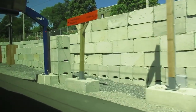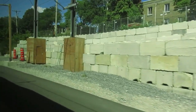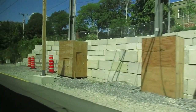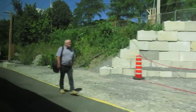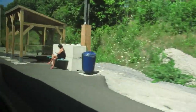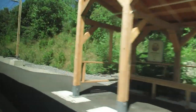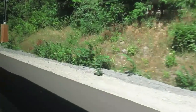So if you're not from Montreal, all this construction here is for what's known as the REM project. It's a light rail line being built off of this line here. I don't know all the details of it, but as you can see, it's major, it's heavy duty. I mean, to actually have to cover up a track, I mean,